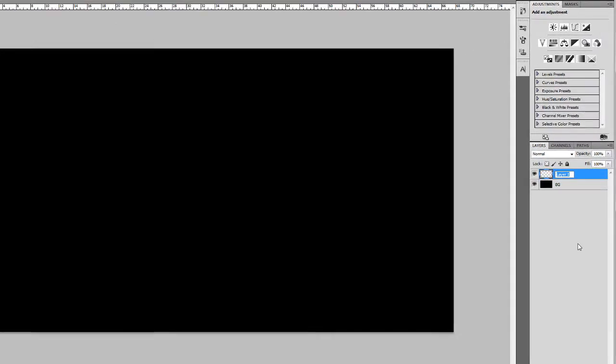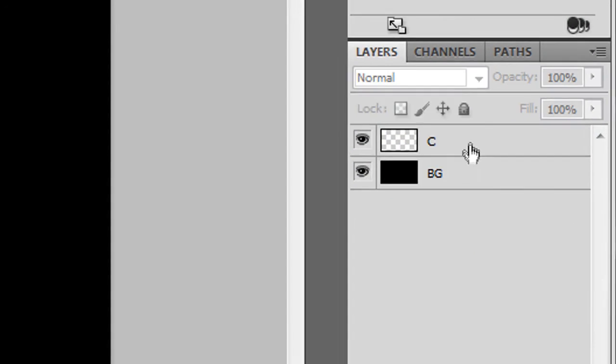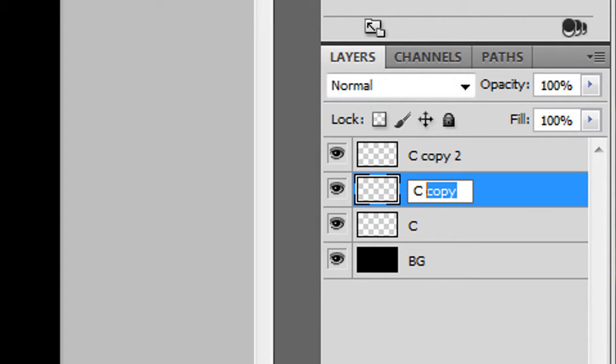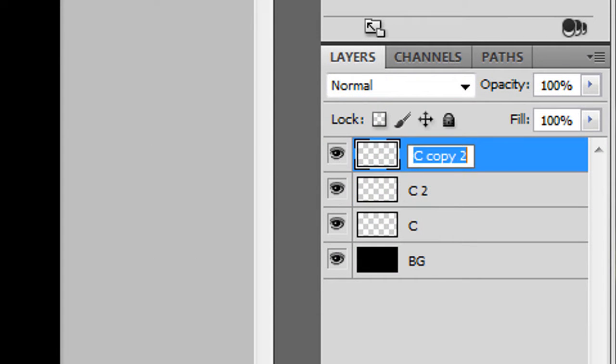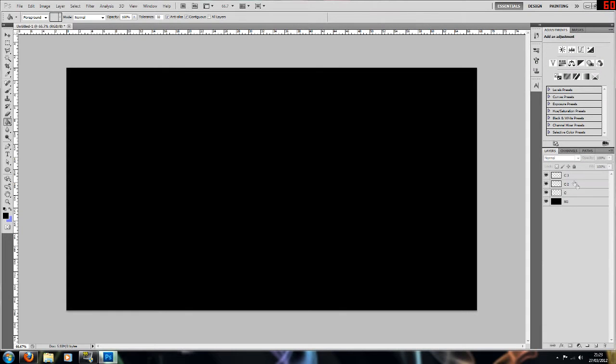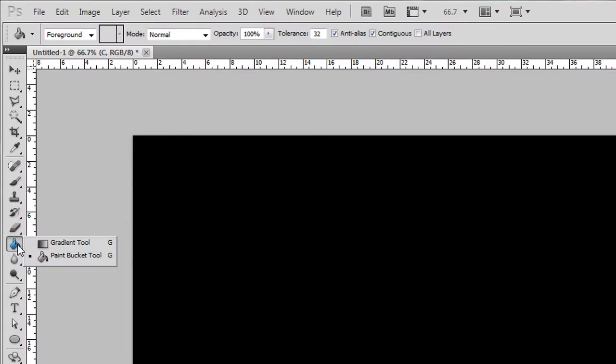So I'm going to call this layer C for color, and I'll make 2 copies of it, and I'll just change it to C2 and C3 just for quick purposes as I'm showing you the tutorial and I don't want it to be too long. So C, C2, C3. So you want to go onto C and you want to go to your gradient tool